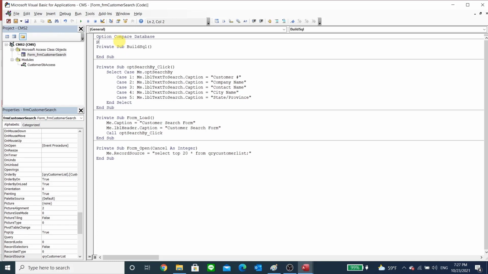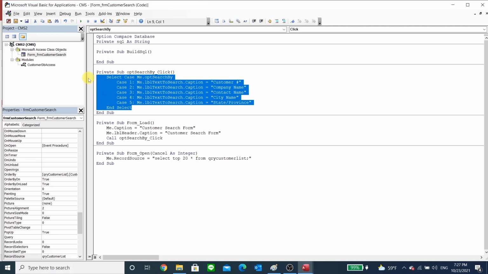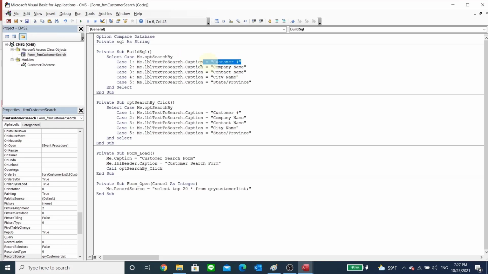And then we want to do SQL as string. All right, so here we can say me select. Actually, you know what, let's do this. I like this guy right here. Just copy the select right there because we're gonna need it. We're gonna paste it right there. And here we can say case 1, SQL equals select. You see where I'm going there? Everything from query customer list, where